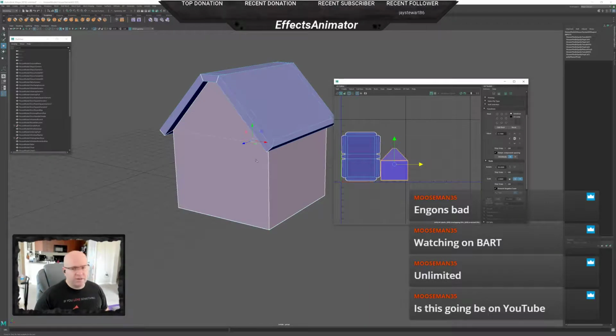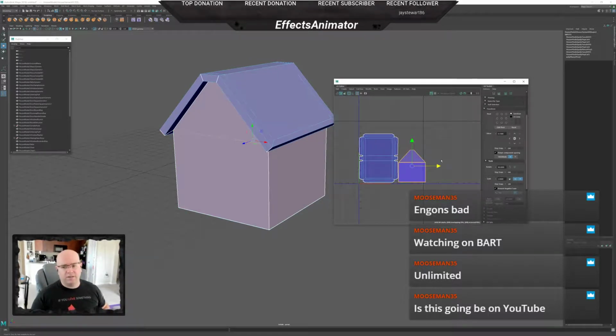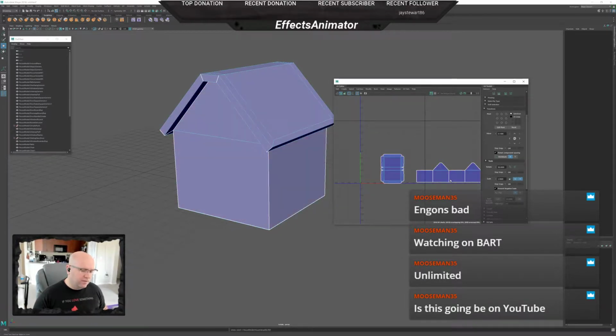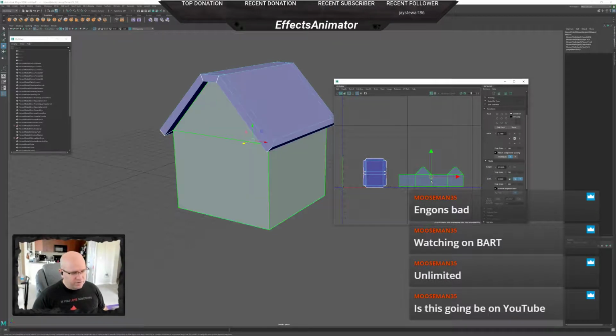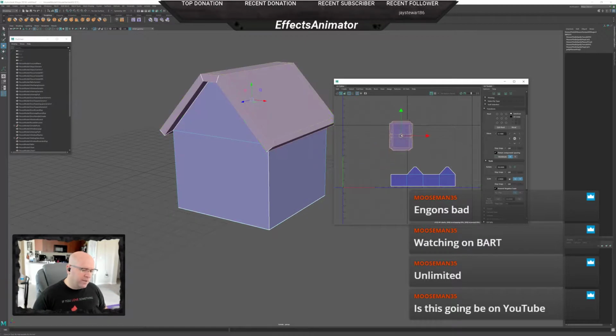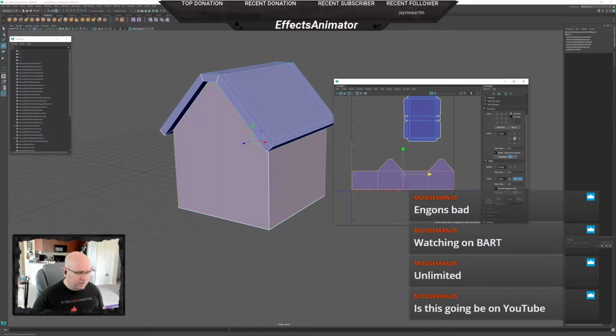But again, that also limits you in the sense that now you're stuck with whatever you paint on this wall has to go on all the walls. So that's the trade-off. And of course, as an artist, you want to be able to paint unique textures on each wall. So that's the pros and cons balancing act. But again, for beginners, I'd rather see you paint a higher res. It's not as efficient. It's not really great for game engines, but as a beginner, I'd rather see you paint a really high res, unique texture across the entire thing,